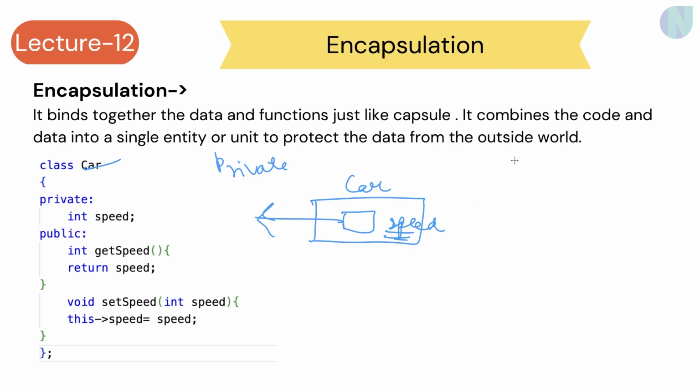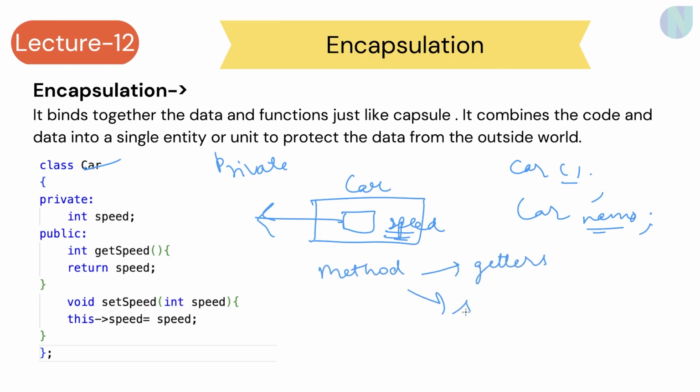And if I am making any object of this particular class, I want to access this data or do some modification according to this object. Like if I am having a car as Nano, I want to make some modifications for that, like the speed would be different as mentioned here. So what we can do is make a method. Basically they are called getters or setters.